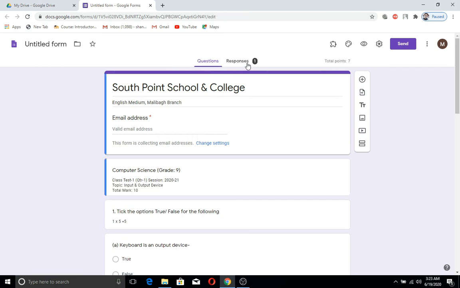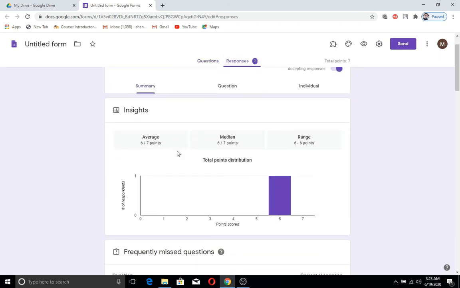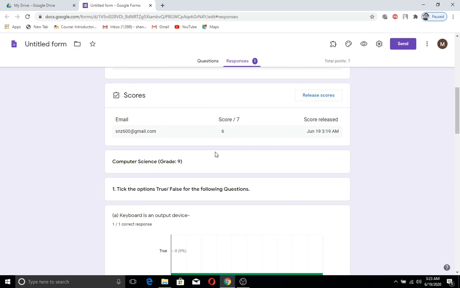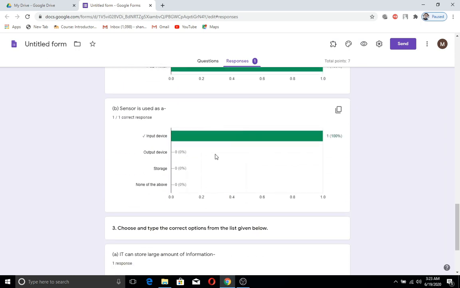When you receive the responses, it will show you the number. As I have only one student, I receive only one response, so I am clicking on the response, and this is a summary of the response, that the student gets 6 out of 7. So this is the summary of the response, question-wise.